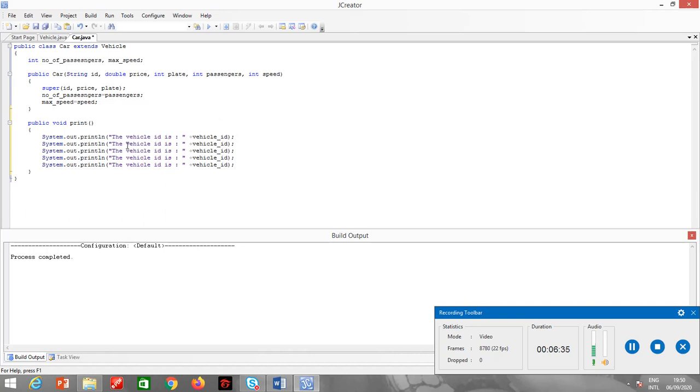So the price is plus price, then I have the number plate is, license plate is plus license underscore plate, then number of passengers it can accommodate is, and speed limit is max speed.